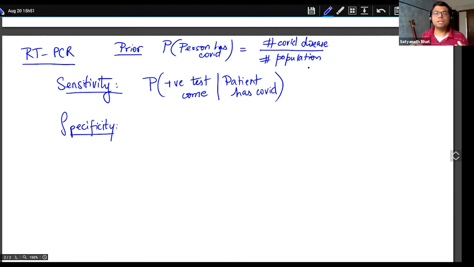So what we will do is we will do some kind of sampling. We will not look at the whole population. We will just look at some 100 people, and then we will look at this. So this will give us a number, right? So this is called as